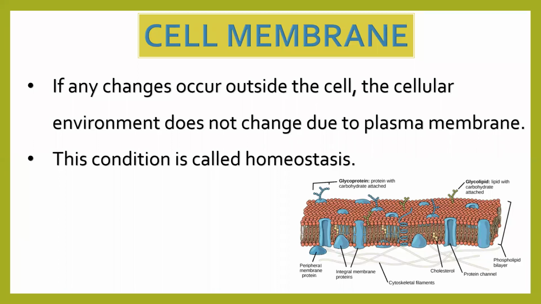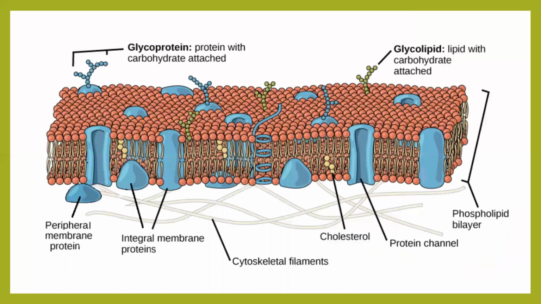right? Now let's look into the bigger picture of the cell membrane. As I said, the cell membrane is made up of a phospholipid bilayer. Phospho, that is, it is made up of phosphate, and lipid, which is nothing but a fat molecule. And since there are two layers, one on top of the other like a sandwich, it is called a bilayer. Now, I hope you're able to see matchstick-like heads, red in color. That is nothing but a phosphate head. And each phosphate head will have two tail-like structures, which are made up of lipid molecules, right?